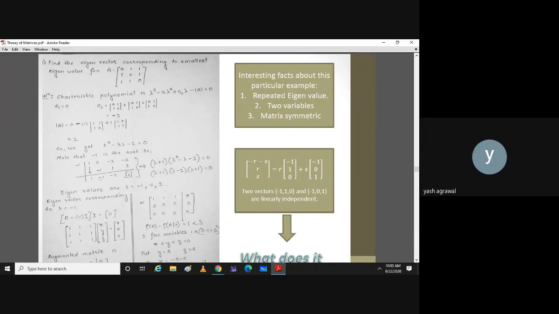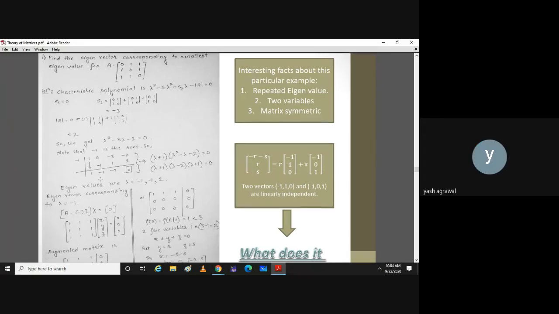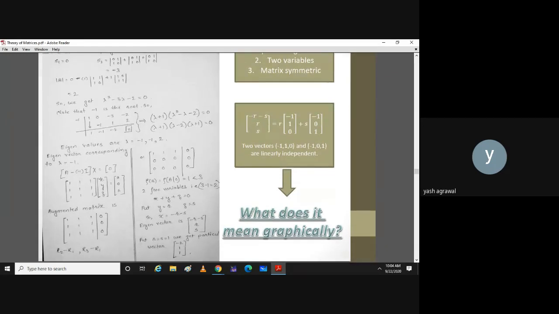Can you scroll down a little bit? I'm going to explain everything. Up to this, any doubt? Eigenvalues are -1, -1, 2. Please respond. No, sir. All right. So you can see that -1 is repeated twice. Now we'll see what is special about that -1.